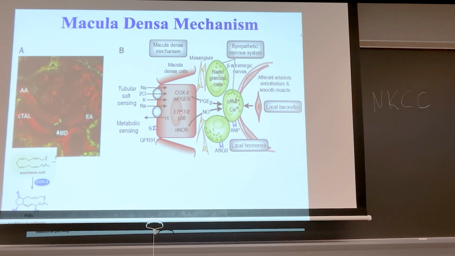There's a MAP kinase, ERK kinase 1 and 2, and P38 work together. They're called MAP kinase, which is a group of kinases that are involved with cancers. They're involved with mitosis. They're also involved in a lot of metabolic pathways. They also can cause renin cells to become activated. We'll talk about how they do that in the next slide. Or we can activate nitric oxide synthase, which produces nitric oxide. So really the two main ligands that are going to affect these juxtaglomerular cells are prostaglandin E2